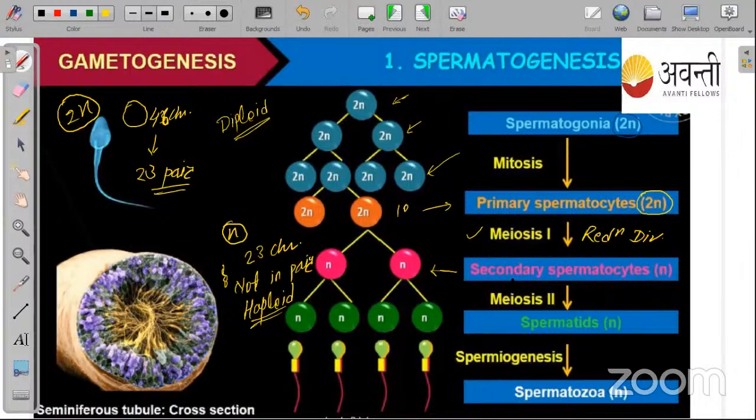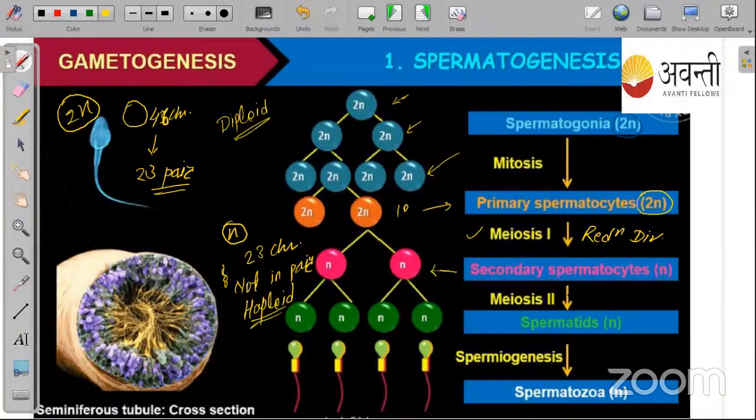The next thing to remember is that the meiosis process is similar to mitosis. How is it similar? You can see here N converted into 2 cells, that means a single cell converted into 2 cells, but the chromosome number is not changed. Again, in this case, you can see 2N, that is, this single cell converted into 2 cells, but the chromosome number is not changed. That means mitosis and meiosis 2 are similar processes, we can say.